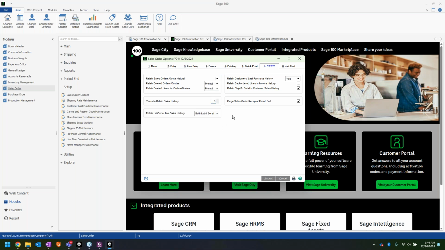making sure it's kept for an appropriate amount of years. This one's hard for me because I like to run it way up there, but we do run into situations with some of those users that have been on Sage for 20 plus years. It starts to build up, so we have to restrict that a little. These are similar to what we saw in purchase order, where retaining deleted orders, you can say yes, no, or